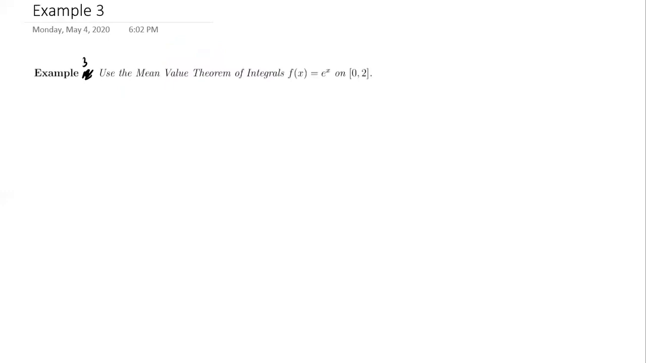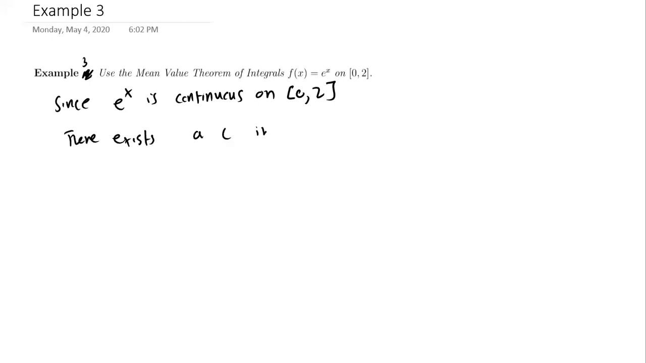Use the mean value theorem for integrals on f of x equals e to the x on the interval 0, 2. So e to the x is continuous on the interval 0, 2. That's the only condition we need. So since e to the x is continuous, or integrable, it's the same thing, on 0, 2, what does the mean value theorem tell us? It tells us that there exists a c in the open interval 0, 2 such that f of c, so e to the c, equals the average value